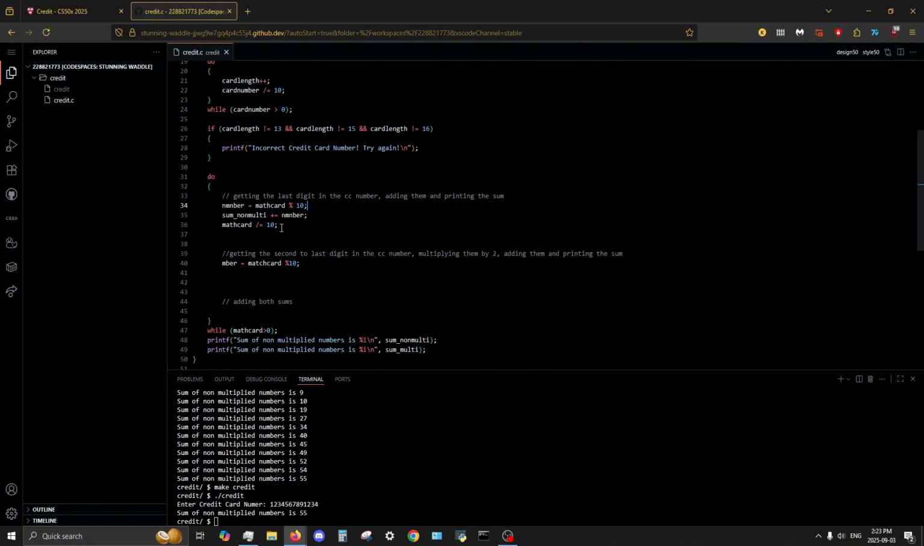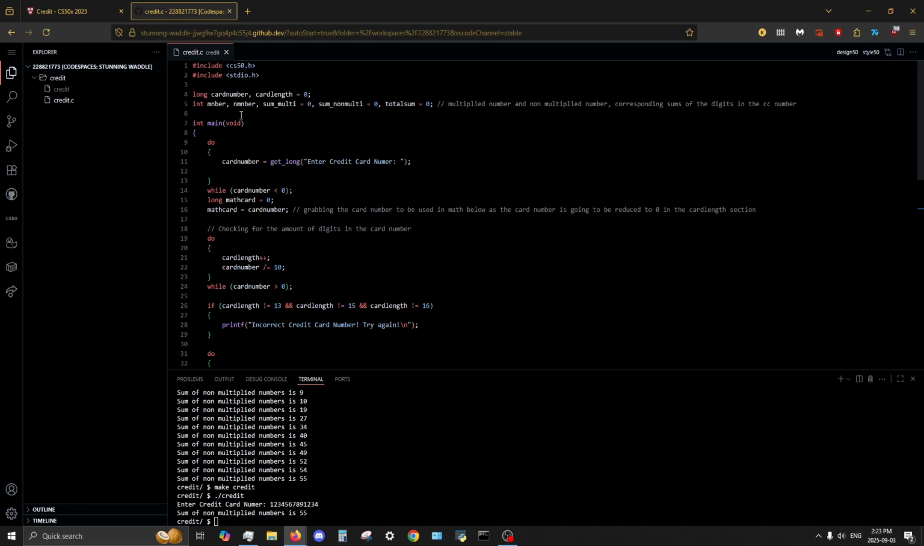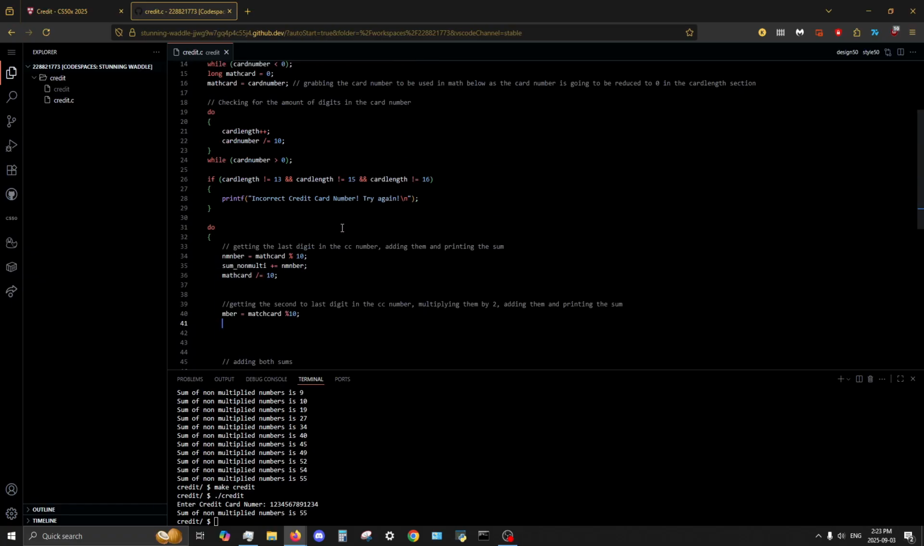Okay, so it gets the last digit, removes one, adds it, removes one digit, and then gets the last digit. So it's flowing. So, and then we get that. So we take, well, it's not MBR, what was it? Multiplied number. Then I will take multiplied number multiplied by 2. Then